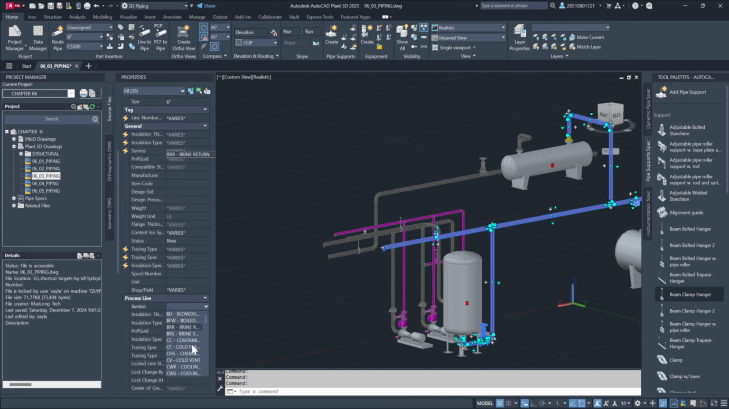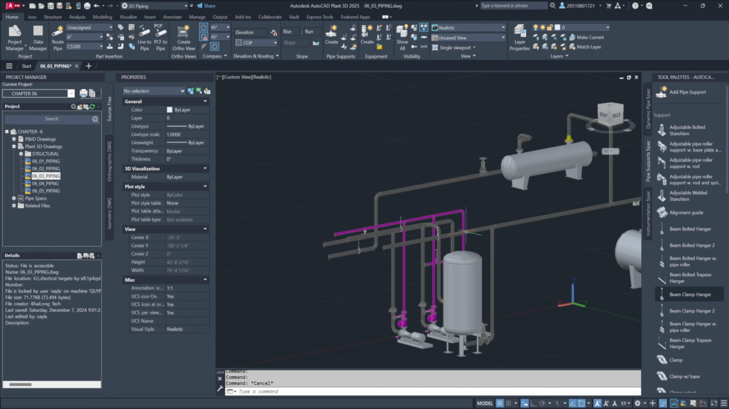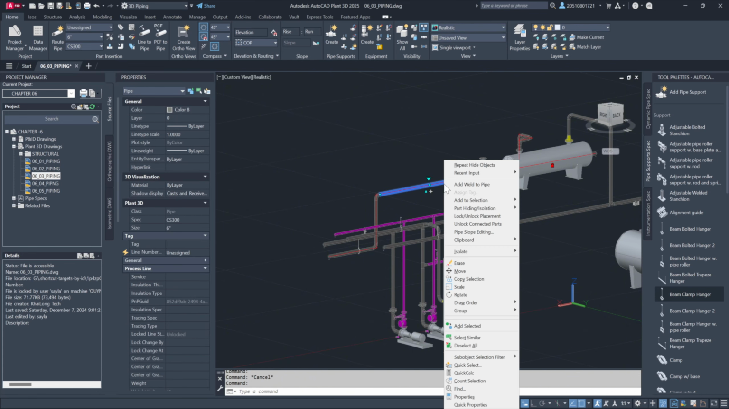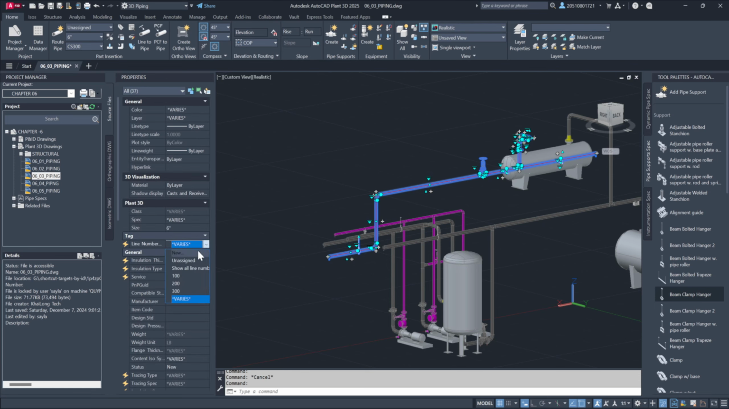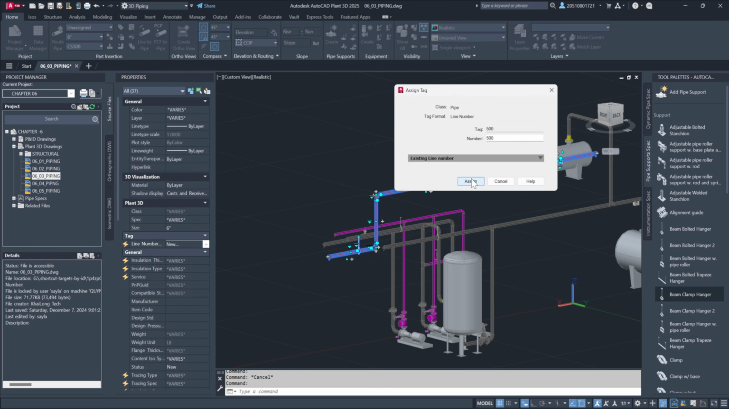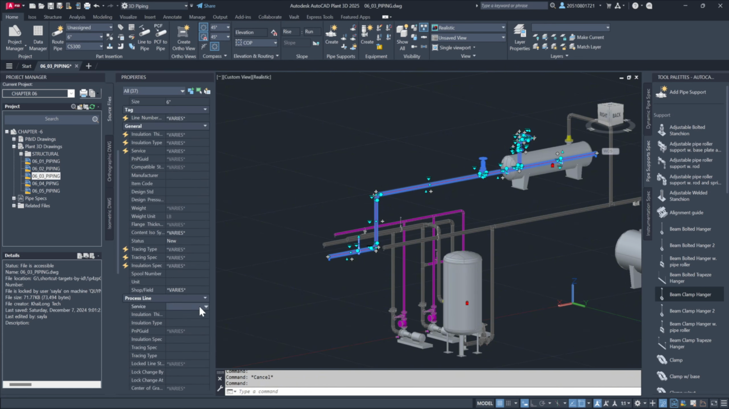Further examples involve assigning line numbers, like 300 and 500 to additional sections, each with its designated service type. It's important to use the Add to Selection tool to verify all components are correctly connected to the assigned line